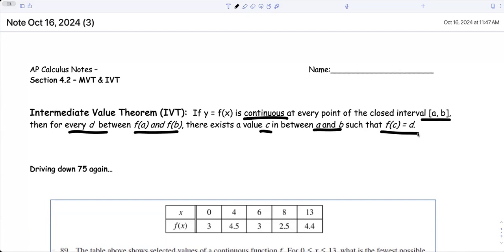Amarisa is in her minivan in the left-hand lane and she's going like 40, right? And I got to pass her, okay? If it's continuous and I go from 40 to 80, at some point I went through 60, right? I was going 60 miles an hour. So the IVT basically says,